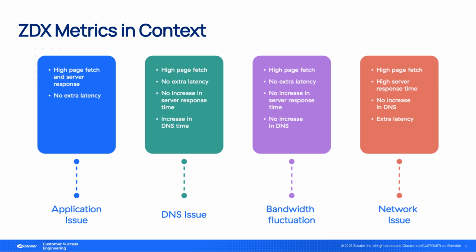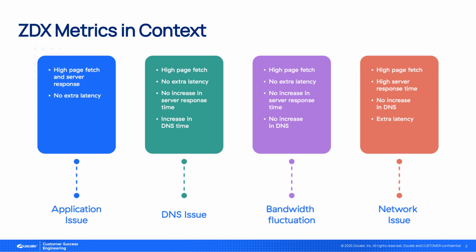As an example, here are 4 potential issues, each of which is detected using the same metrics: page fetch time, server response time, latency, and DNS time. In all 4 cases, page fetch time metrics are abnormally high. If we don't have any other information, we can't distinguish between these issue types. To be able to distinguish these issues from each other, we have to look at other corroborating metrics around the